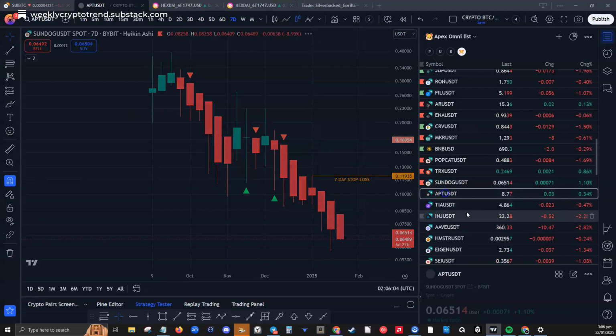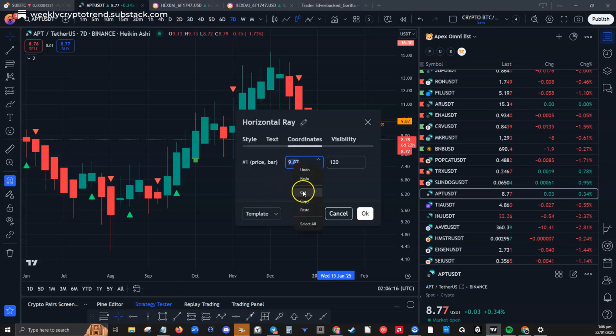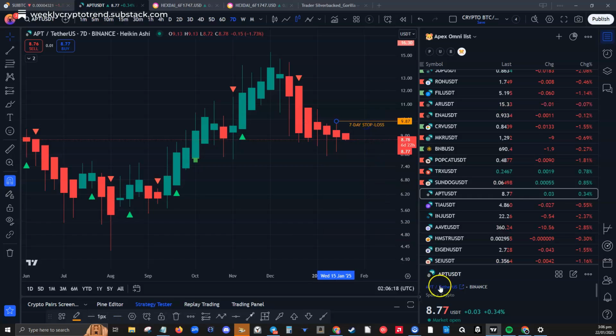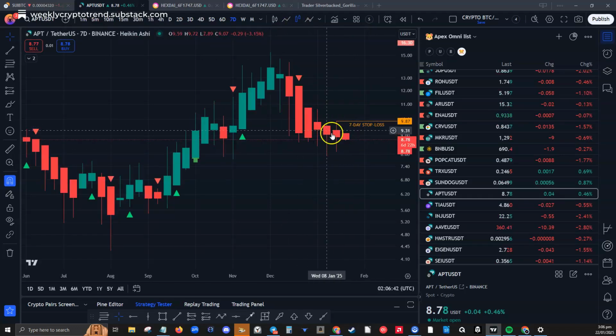So that's a current short. Aptos. This is a current short straight away. A little bit more volatility, so I'll probably make the stop loss a bit wider by the last candle close. But still in the red. Looking at normal candles, we've still got a sell trigger here. It's volatility, tried to pump and failed. You got that green engulfing candle in there, which is probably throwing everything askew. But if you drew a channel, you would draw it like that. It might resolve to the upside, but at the moment, it's a current short from back on the